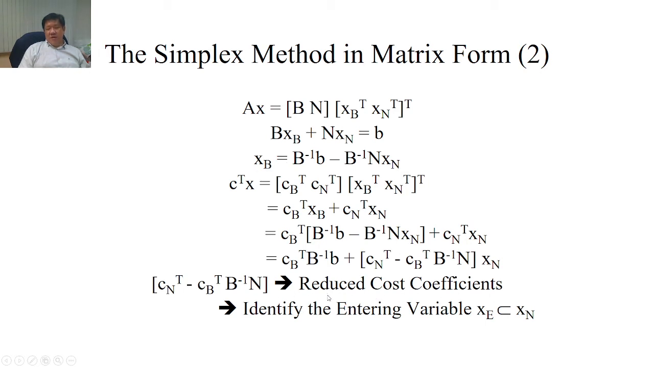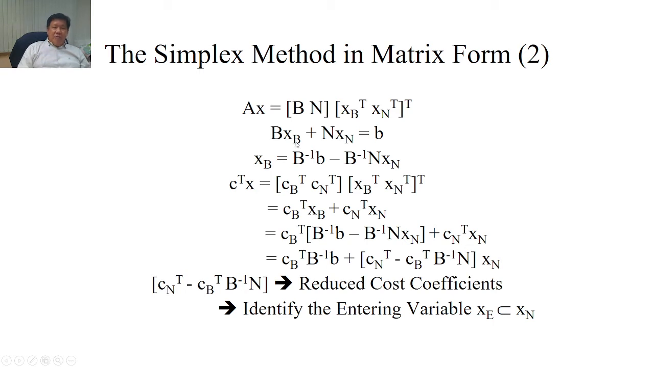And this is the idea that you can identify which variable to put in as an entering variable, because you now have some member of x sub n that has a negative reduced cost coefficient. You want to identify this variable as an entering variable. Choose one of them. If you have multiple of them, choose either one, or choose the one that has the most negative value. There are several rules for choosing the entering variable. Why do we call this the entering variable? Because